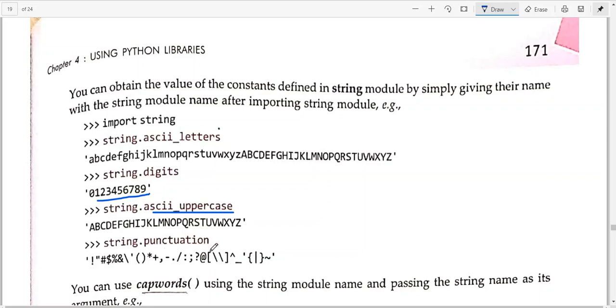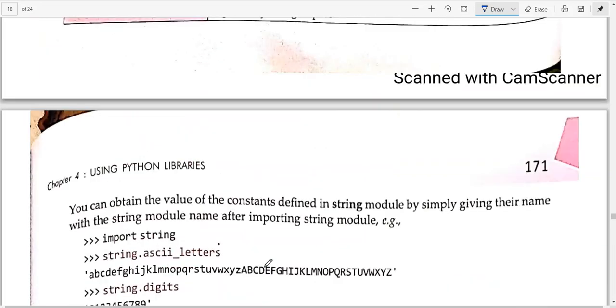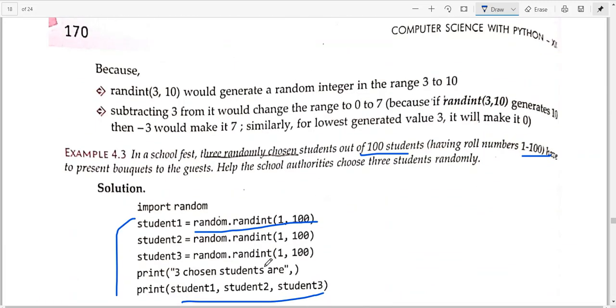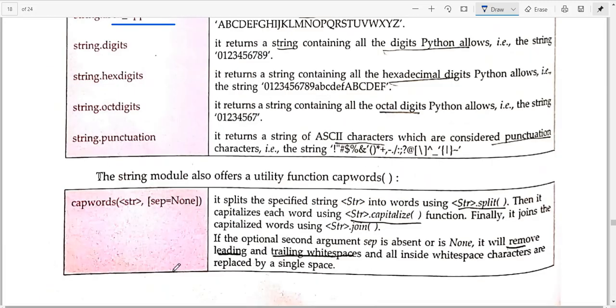String dot punctuation, so it will give all the punctuators that are valid. Okay, next function is your capwords function. Capwords function will capitalize all. Whatever result you have obtained with this string function, or along with its string if you are using split function that we have read earlier, and join function, it will help you to remove all the leading and trailing white spaces.